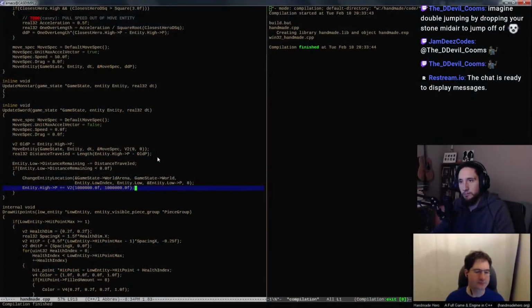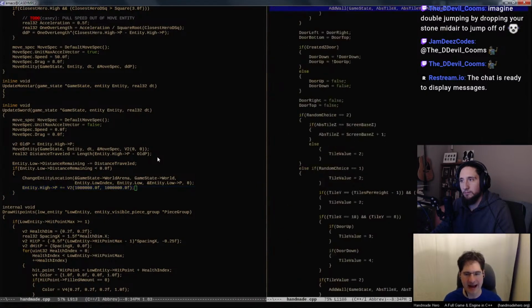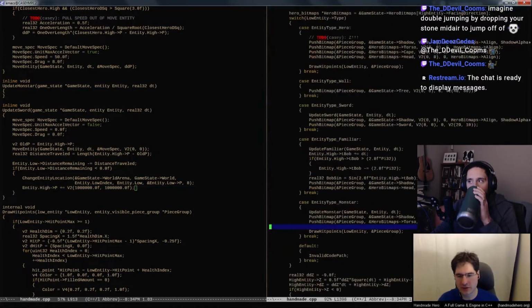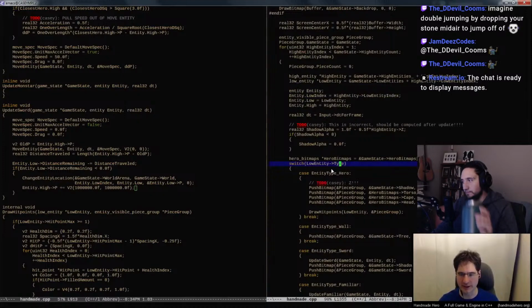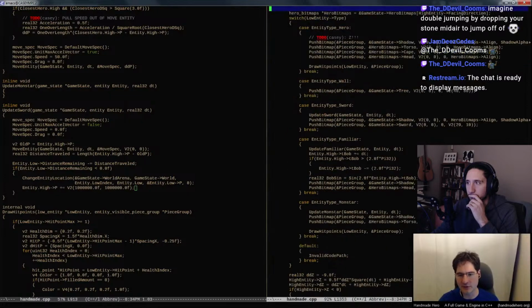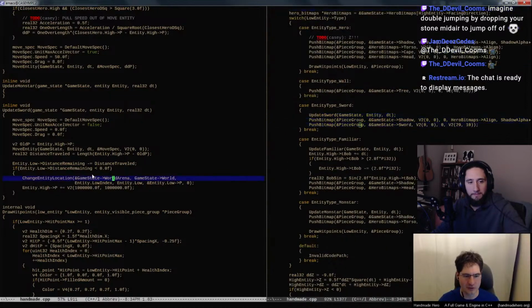All right. So the question is, what do we want to do here? Let's review how our entity system's actually working. And I use the term entity system loosely, but the entity code that we have so far. We don't really have an entity system per se. So what we're doing is we're spinning through these high entities that we have, and we're updating them as we go. And so when we update the sword, eventually it's time for the sword to sort of get moved out